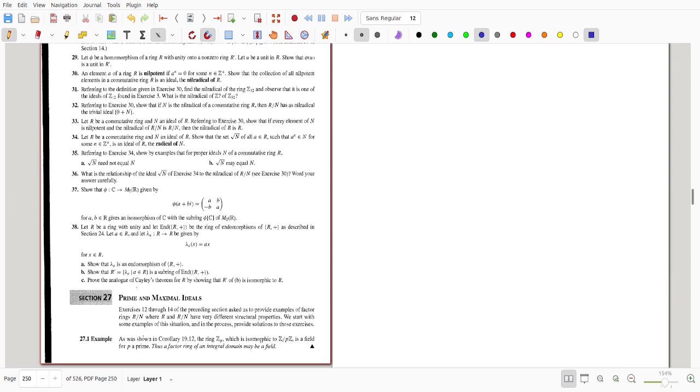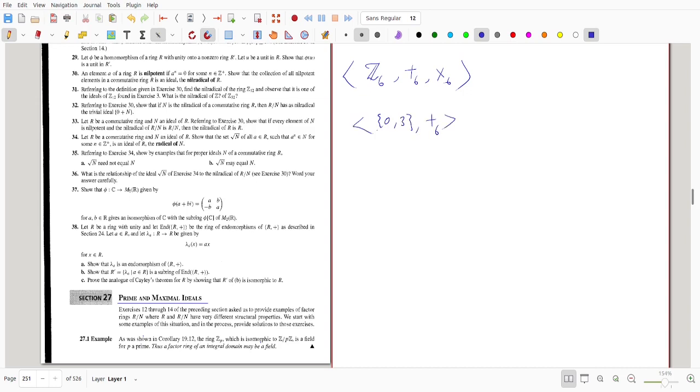Today we discuss section 27, that is prime and maximal ideals. In this section, first we can see a few examples. As we all know, Z6 is a ring under addition modulo 6 and multiplication modulo 6, and if we consider an ideal, that is the ideal {0, 3}, obviously it is an additive group,